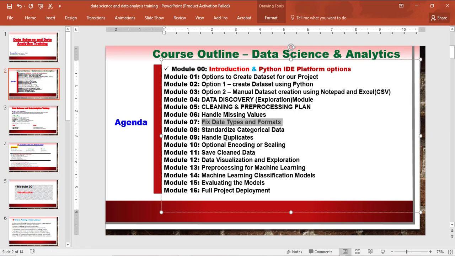Also, we have module 7. That means fix data types and format. We'll make sure data types are correct. Convert strings to dates maybe, or convert numbers stored as text. Sometimes we have numbers or figures, but they are strings, not digits. Okay, not integers. So we need to learn how to convert from string to integers, from categories or categorical to integers or